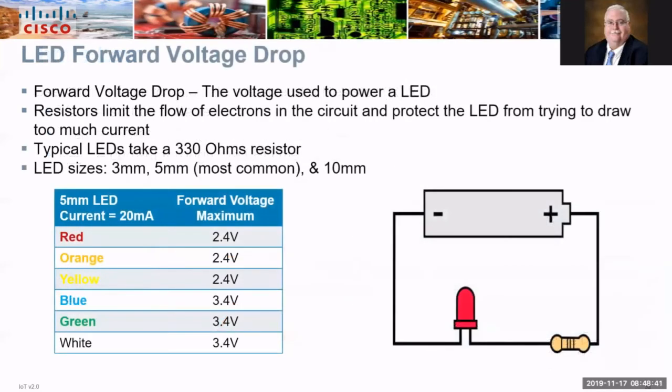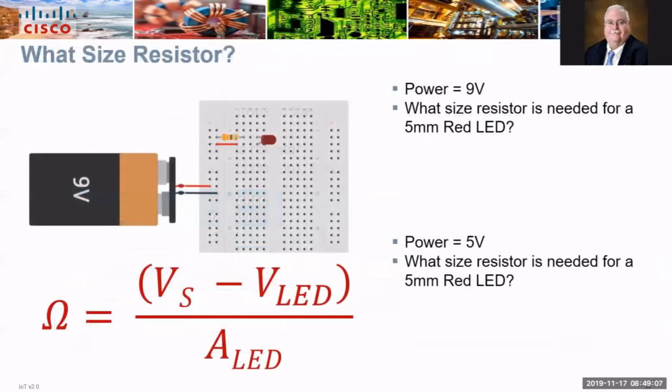So from the previous page, we needed to know the voltage of the LED. This chart tells you the values to use to make the calculation. Although there is a tolerance range for each color LED, use these values to get a consistent resistor result. Notice all 5mm LEDs have a 20 mA current rating but different forward voltages. Calculate the size of the resistor needed for each of these problems.